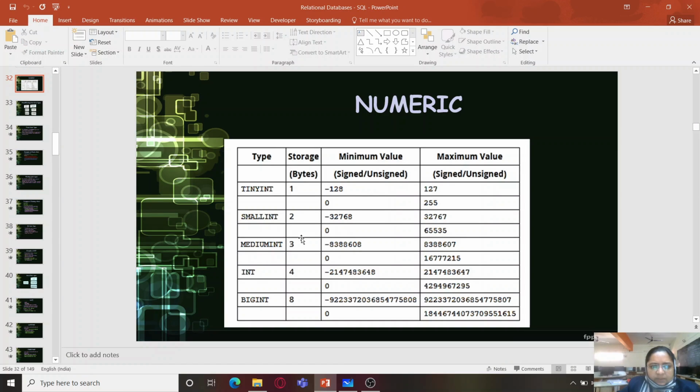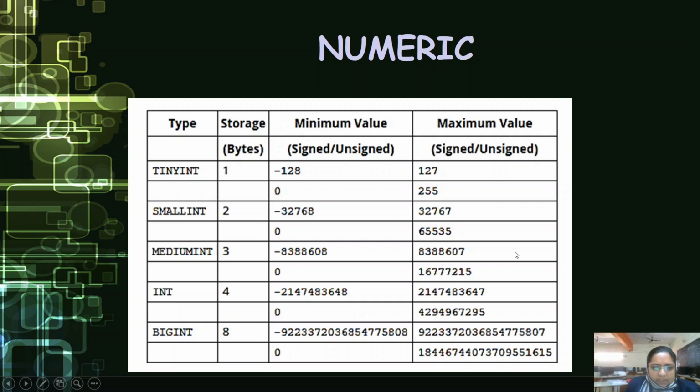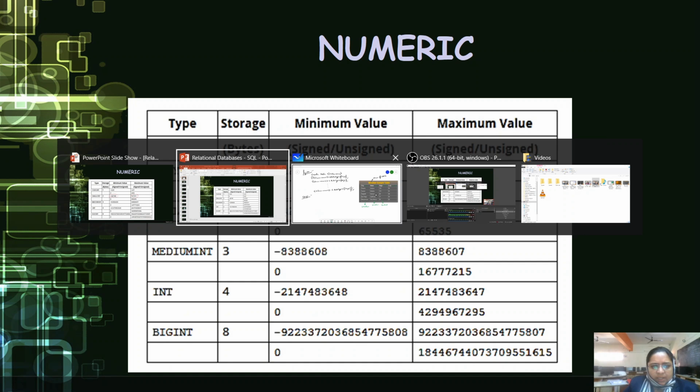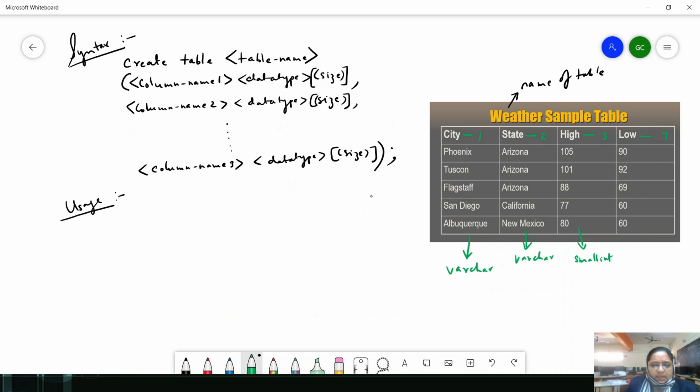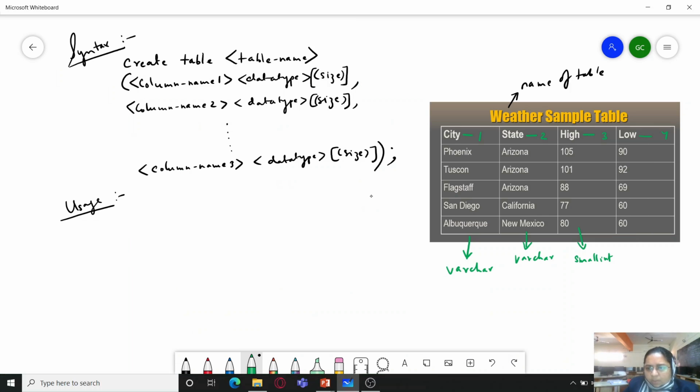So here we have the size of integers, as you can see here. Small int accepts numbers within the range from -32768 to 32767, and we can easily use that in our program. So small int is quite suitable for high and low.